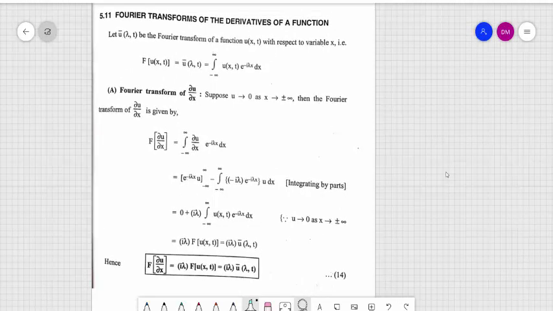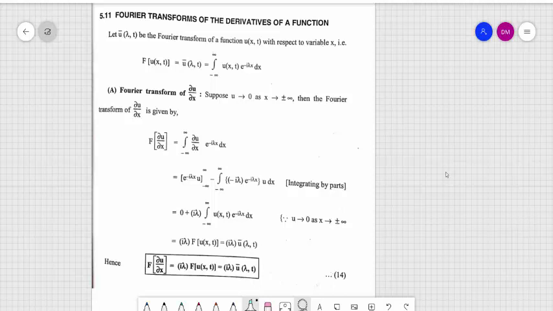Dear friends, in this video, for TYBSc, especially on the Fourier transform of the derivative of the function, we have to take the function u of x comma t. The function depends on two variables because